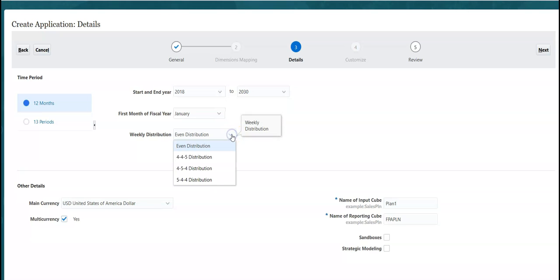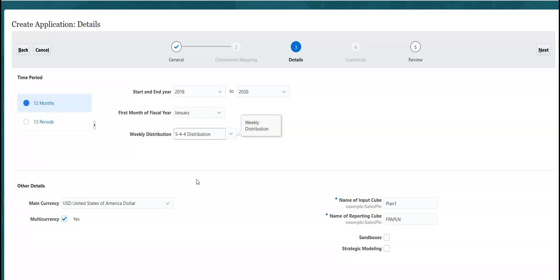Then the weekly distribution. You will see several distributions here. For example, if I take maybe 5-4-4 distribution, what happens is the first month in a quarter is considered to have 5 weeks, and the last 2 months in the quarter have 4 weeks.